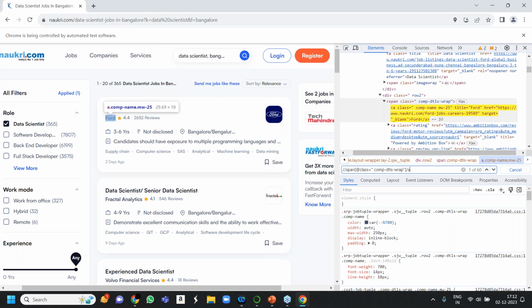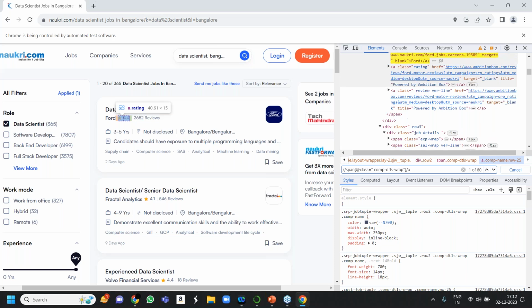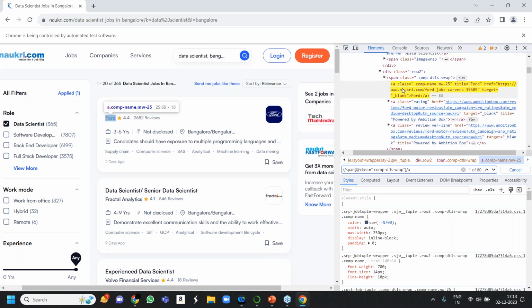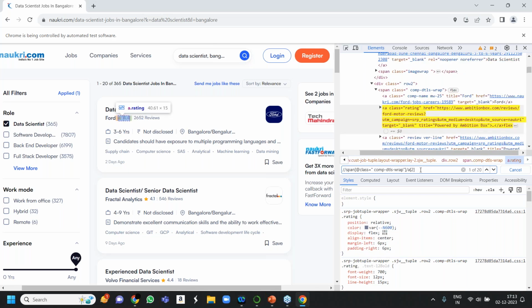Wait. Yeah, see, there are many A tags, so now the system got confused. Since you can see that this is the first A tag, inside the bracket you can write 1. Did you all get what I'm saying? Because someone was asking, what can I do if there are the same tags or the same class name? You can simply add the square bracket. If you wanted the second A tag, in the place of 1 you can write 2.